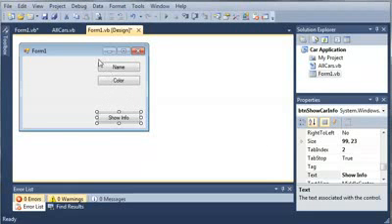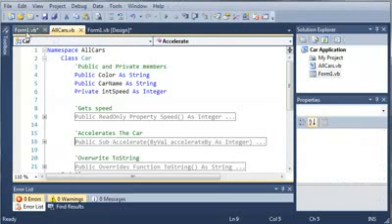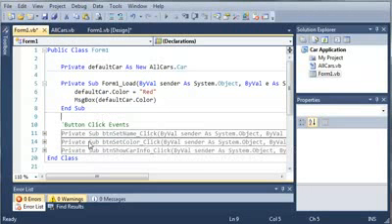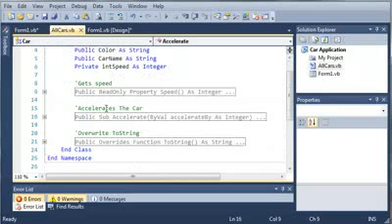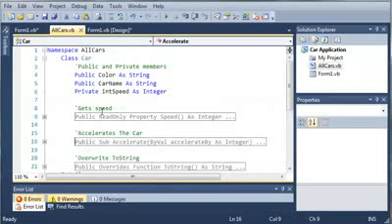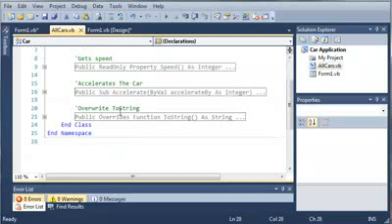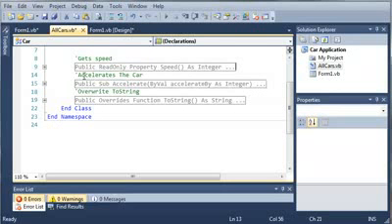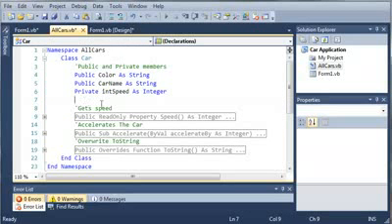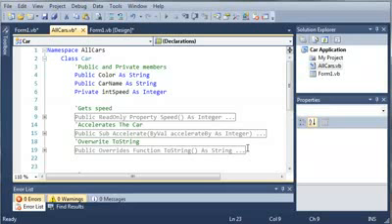If you remember from the last tutorial, we have name, color, and show info. Then I just organized the button click events into one little group right here, and here's our Form1 load. Now let's go ahead and add some stuff to our car class that's going to be inherited by other classes. But first let's get rid of some of this white space here. Okay, so now let's come down below overwrite toString, and we're going to create something that will set and get